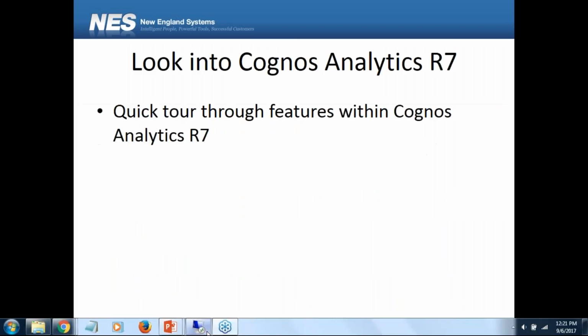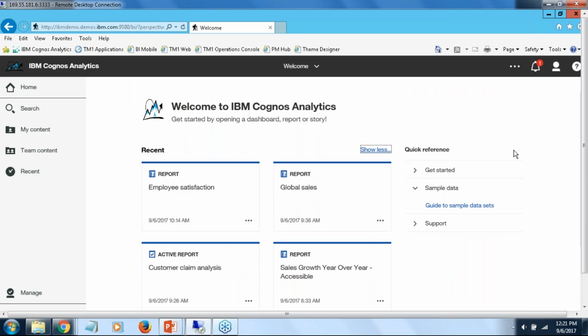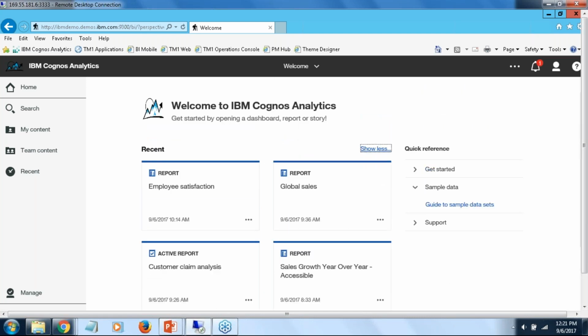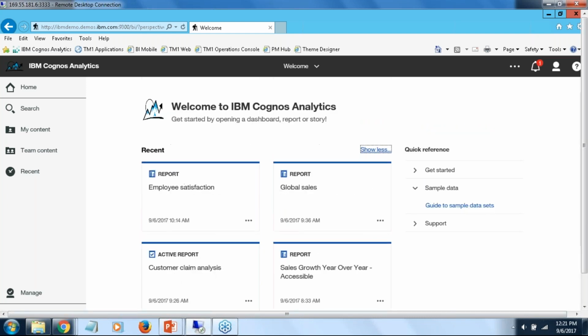Okay. So real quick, before we run out of time here, I just want to show again the folks who haven't seen this, or some folks who want to look at some of the newer features of it. So again, you see your recent tiles here. These are the last objects that I've looked at that I can quickly get into. If I want to do a search,